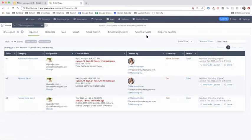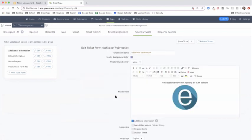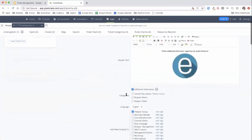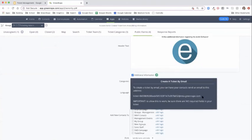One more really quick thing I want to show you before we dive back into the webinar is each of these ticket categories that you've created, or the public forms that you've created, they also have a custom email address that you can email. So let's say you go into your information. You see where it says additional information right below the header. We didn't see it earlier because you need to save your ticket form before you do it. But you click on this little question mark icon here, and that's going to pull up a custom email address connected to your ticket. So if we were to go into our Gmail account